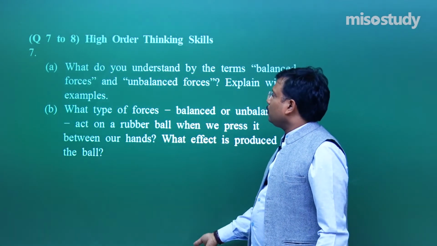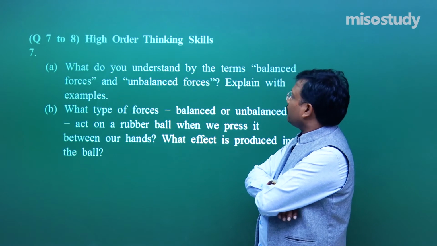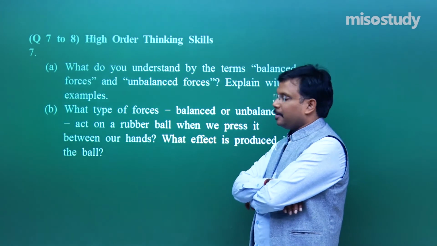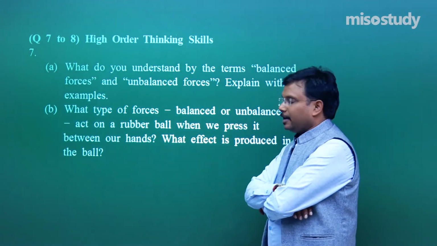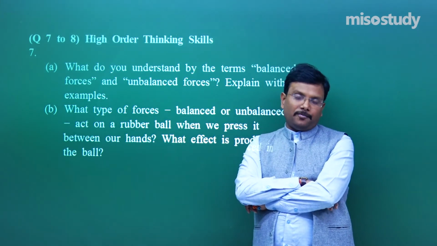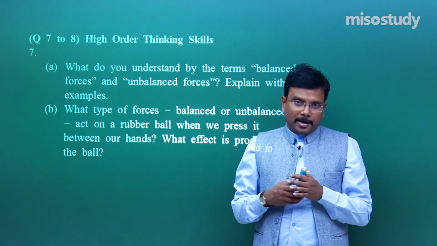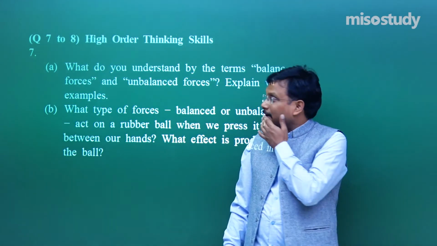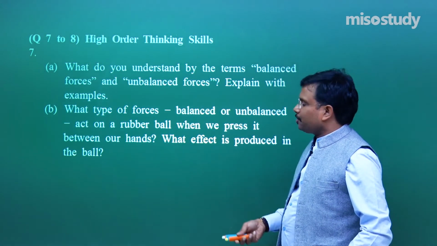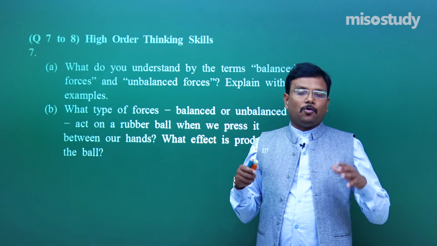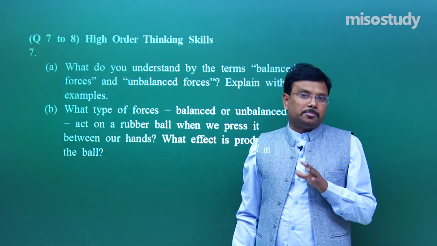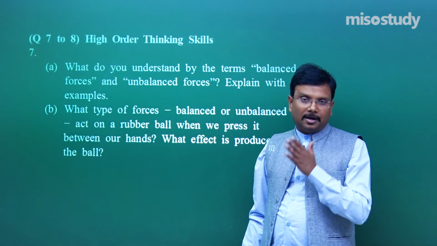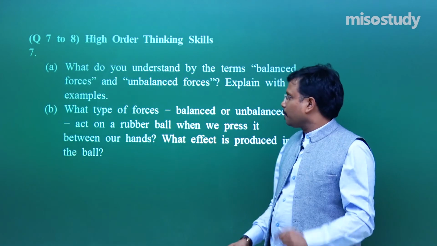What do you understand by the terms balanced and unbalanced forces? Explain with an example. Now, this question I directly picked from one of my videos. Fine. There I explained exactly what a balanced force is, what an unbalanced force is, and so on. So, if on any object 4-5 balanced forces are acting, the object will not go anywhere. Otherwise, with an unbalanced force, acceleration will come into the picture, and so on.